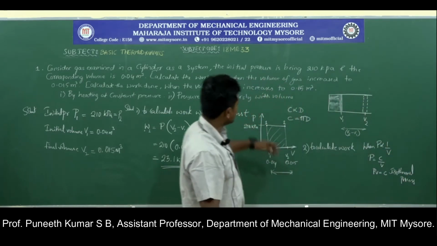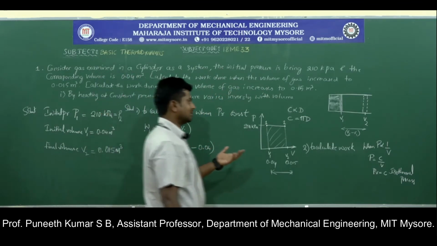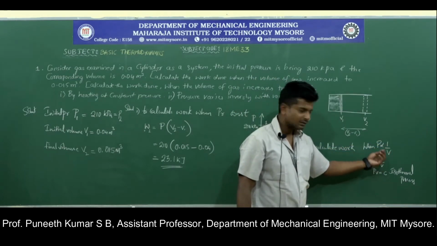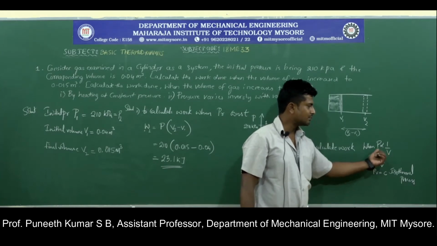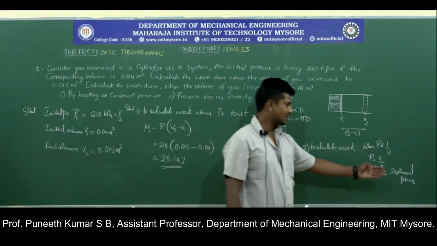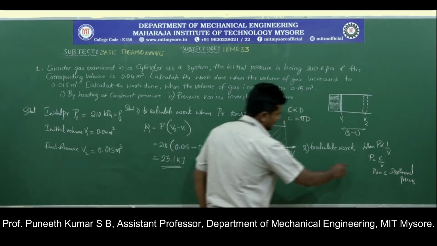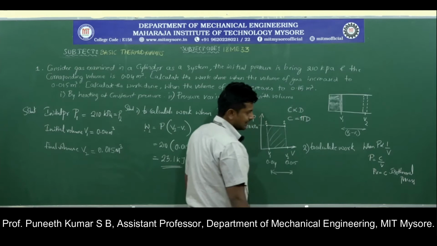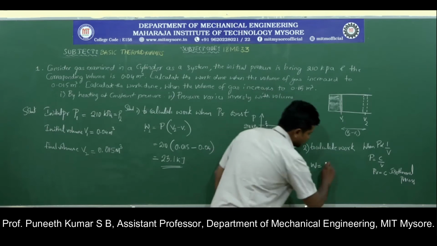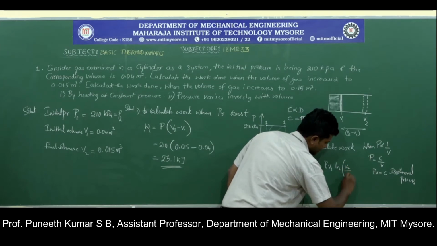So instead of the author saying this directly as an isothermal process, he has given it in a slightly tricky manner, so that once we apply our common sense, we will get to know the process. What has been given, that pressure is inversely proportional to volume, is nothing but an isothermal process itself. Next, once I know that it is an isothermal process, the relation for finding work in an isothermal process is P1 V1 ln of V2 by V1.